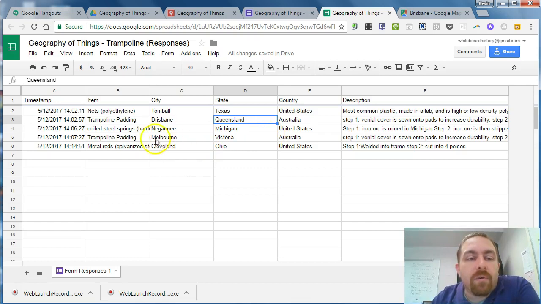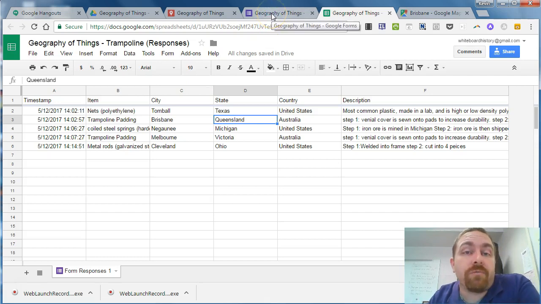Okay. If we wanted to get into this even more, we might say, in Cleveland, Ohio, where are they getting the zinc or whatever sort of mineral they're using to galvanize the steel? So you might want to dig into that process. There's so much you can do with the geography of things. It's wonderful. You could do a whole geography course just on the geography of things, and they're going to learn